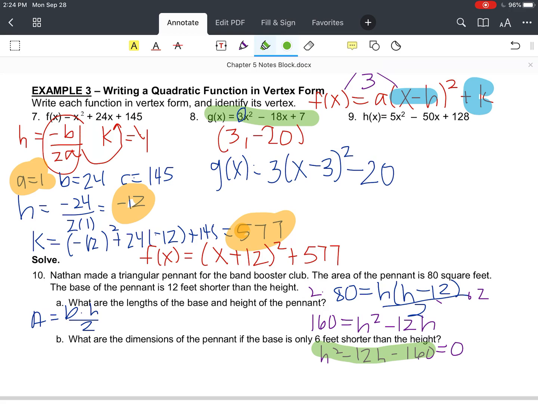That's it for the second part of 5.4, completing the square. I know it's a little bit confusing, so feel free to watch the video again, try some problems on your own, and again, you never have to complete the square. You can always solve with other methods. Tomorrow or the next day, you're going to learn about a new method to solving